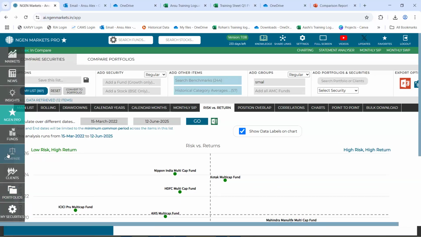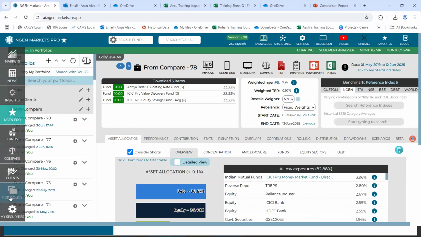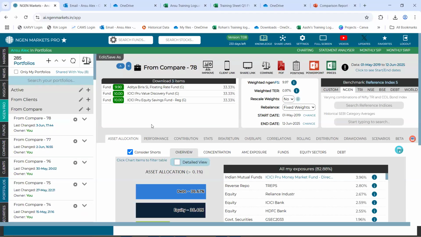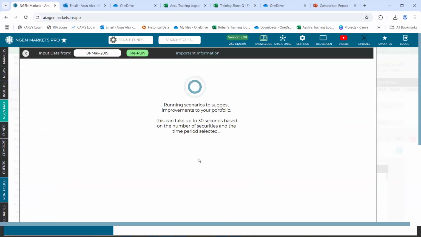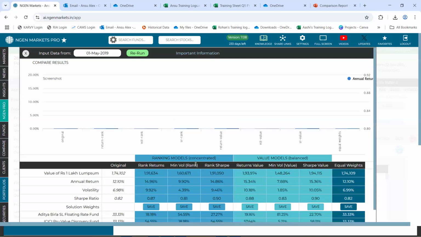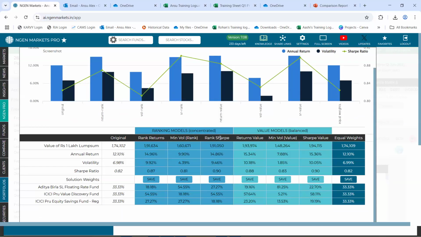Kindly go to the Convert to Portfolio section? Yes. And what does this Improve section stand for? Yes, Improve. Improve typically gives you suggestions on how the portfolio can be improved. In the Improve section, we are neither adding any new scheme nor removing any existing scheme. We are just changing the current allocation in such a way that either your returns could be maximized, or your volatility could be minimized, or your Sharpe ratio can be maximized.